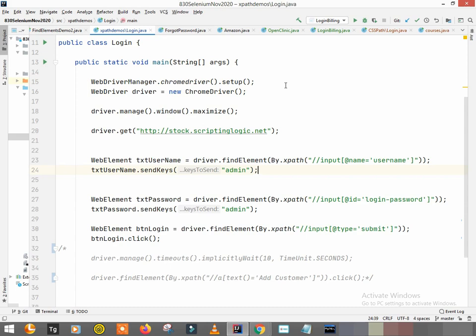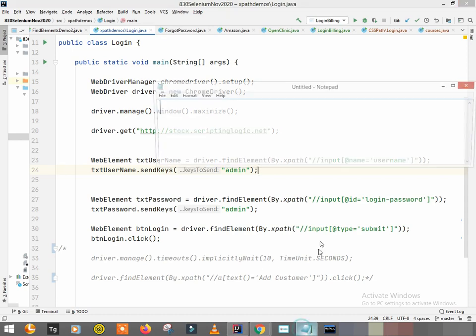Now let's think, if I want to automate the same scenario for invalid username and password, on the same web page, I want to do another scenario with invalid username and password. Same scenario I have to do, right? Same scenario is my one case, that is the valid username and password. So I might be having three cases.